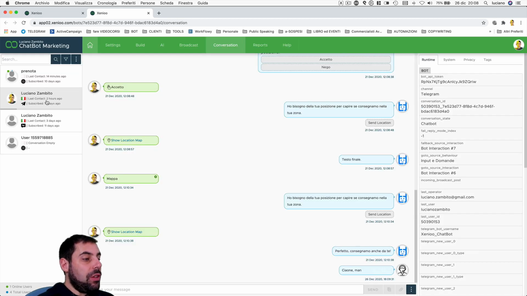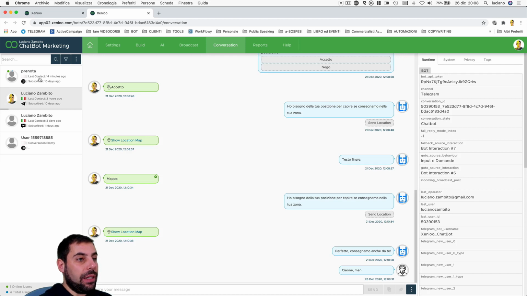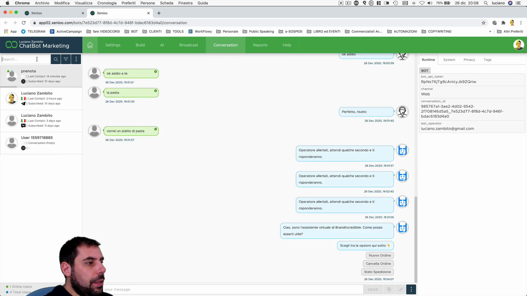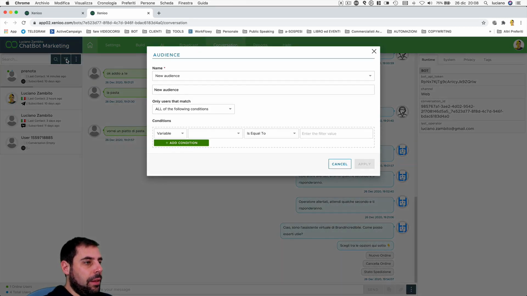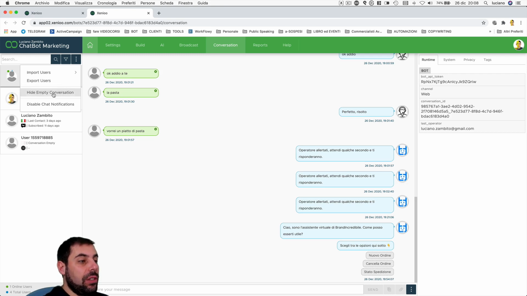You can switch between conversations by simply clicking the user here in the list. Here you can also do a search and apply filters to get only users having some properties. You can also import users from other platforms, export Xenioo's ones externally, hide empty conversations and disable notifications from the